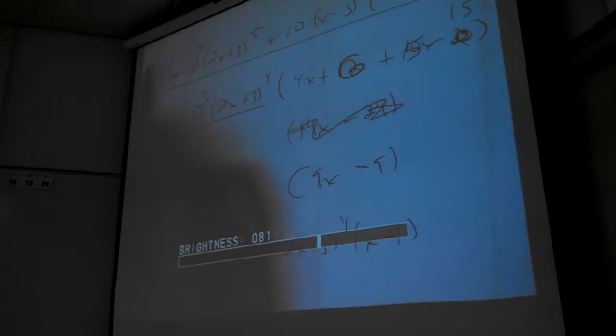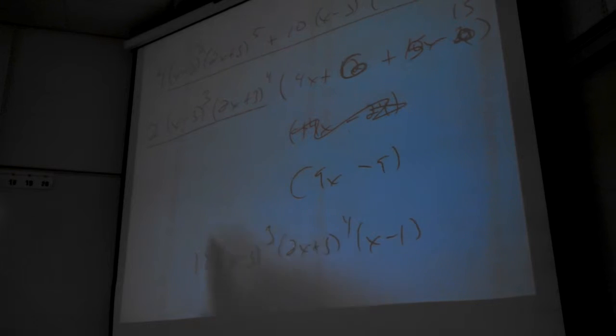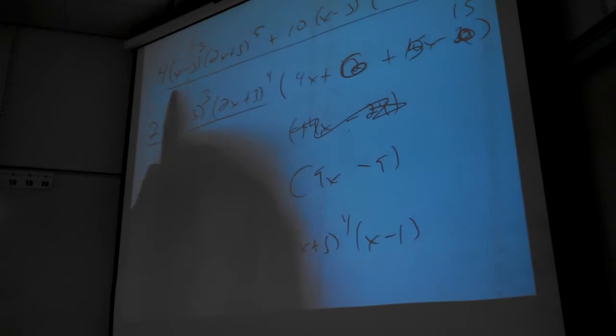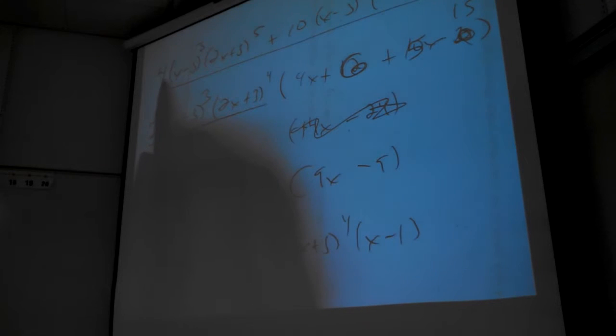Is that cool, that first line? That's what you get immediately after taking the derivative, right? Chain rule, product rule kind of stuff happens. Then you can take out a 2. You can take 3 of these out and 4 of those out. Bam. So then you're left with 4